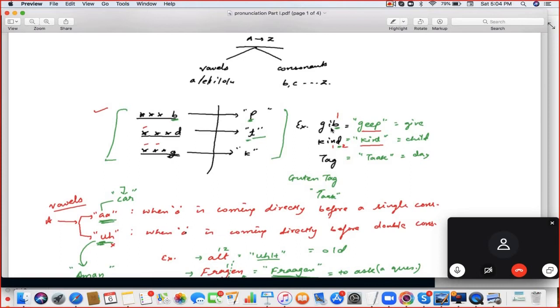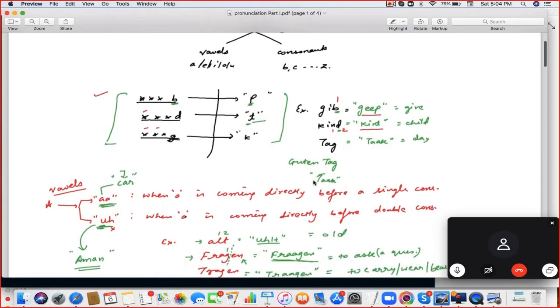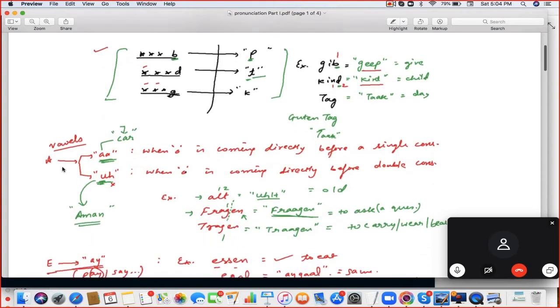So there is one very common greeting you might have seen on YouTube, Guten Tag. So it's not called Guten Tag. Never say Tag. Nothing is called Guten Tag. It's actually Guten Tag. So you have to speak Tag from today. Guten Tag.